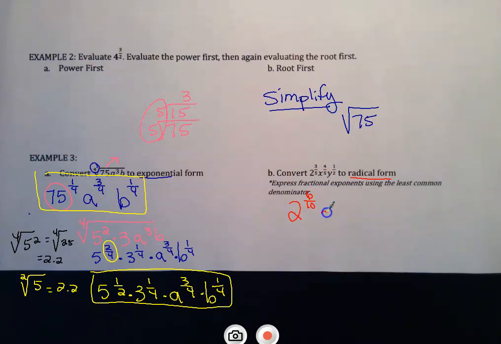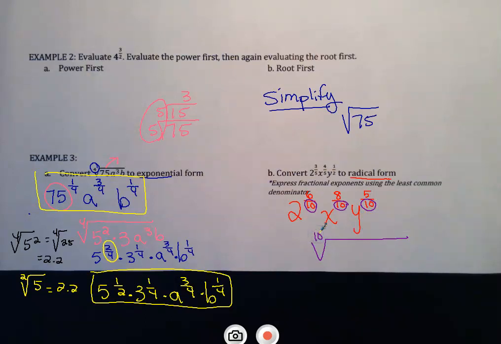So then x, it's 4/5, so we're going to multiply by 2. So I heard 8/10. Okay. And then our y is 1/2. We multiply it by 5. So 1 times 5 is 5, 2 times 5 is 10. Okay, now that we have the same denominator, because the denominator is the index,